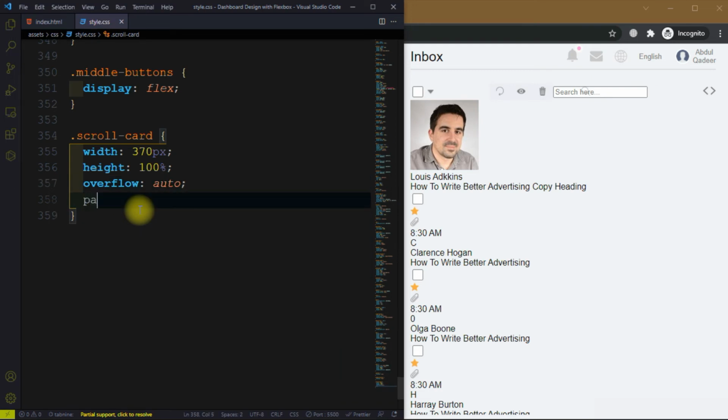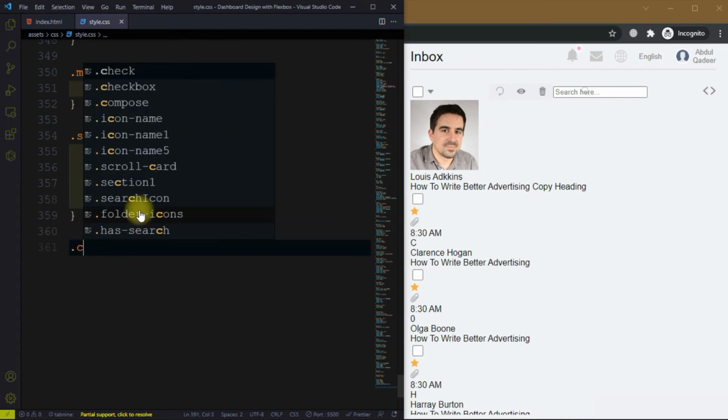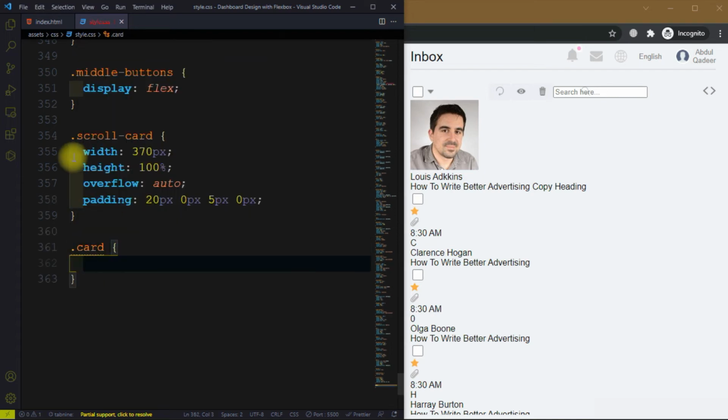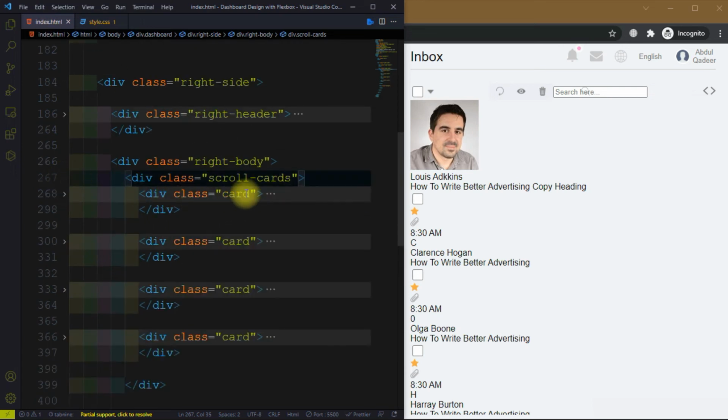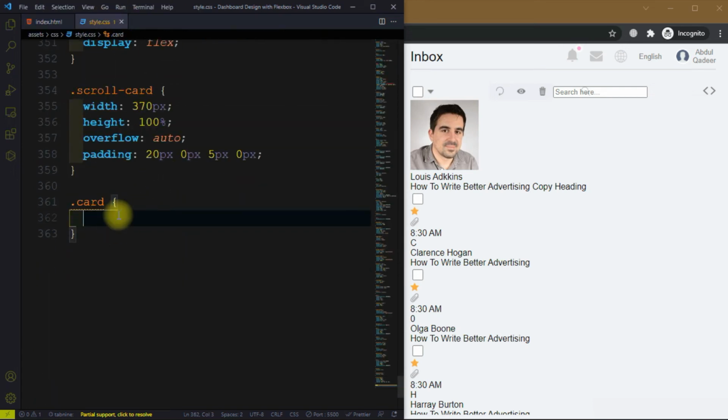Then we have padding, and the UI card class, which is this one. So dot card,